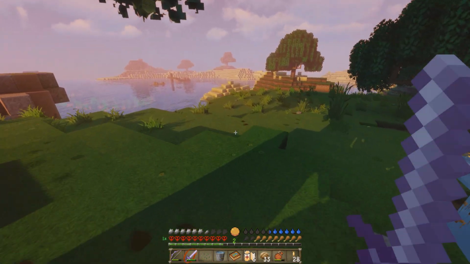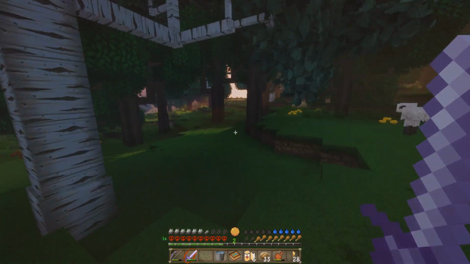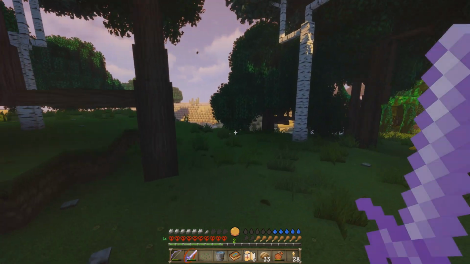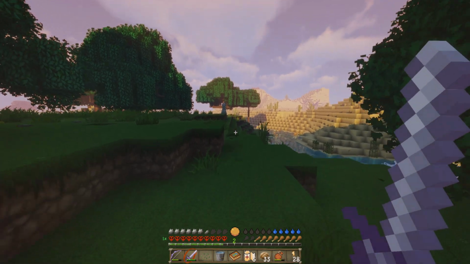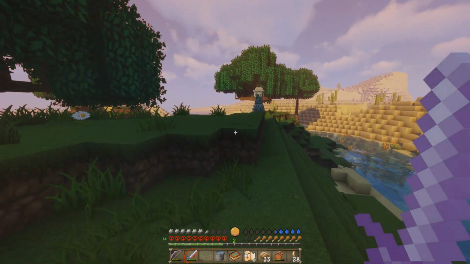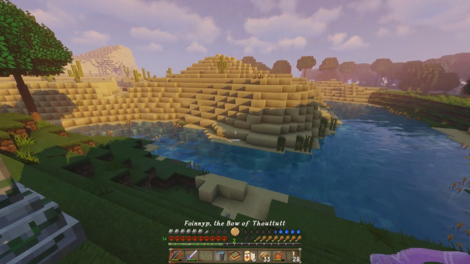See what else we can find here. Oh, that's exactly what we want right there. That right there is a way shrine in the middle of nowhere. That is super, super lucky. So yeah, let's get rid of this seed